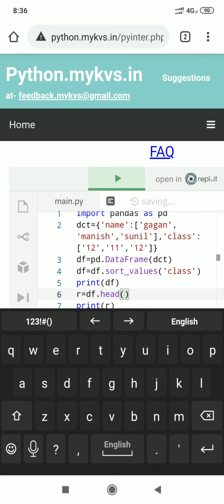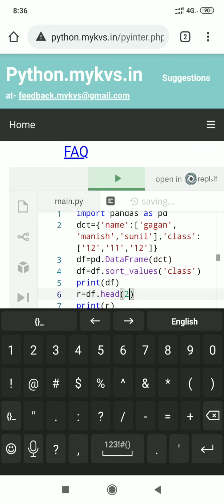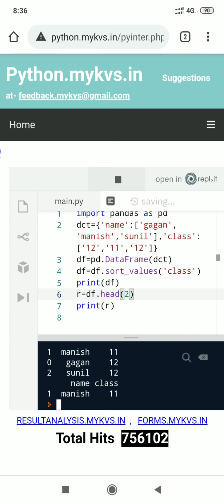If I write 2 here and then execute the program, it should display 2 rows. Okay, it is displaying 2 rows. So students, it is very easy to access some part of the data frame's values.